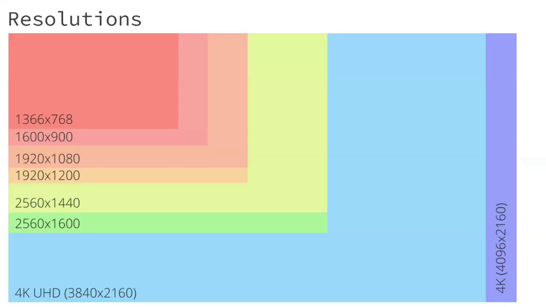Display size. So a lot of your phones are either around 16 to 17 centimeters, which is roughly 6 to 7 inches. Virtually all phones today seem to have display sizes between 6 and 7 inches. Very high screen resolutions.